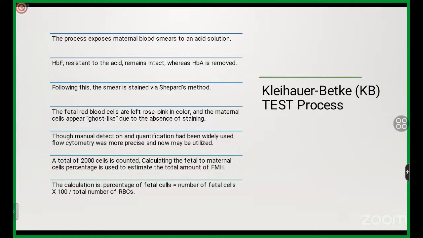And not many of our facilities have flow cytometry. So in knowledge of this, we are going to realize why the KB method runs supreme in saving countless lives, especially in third world nations,